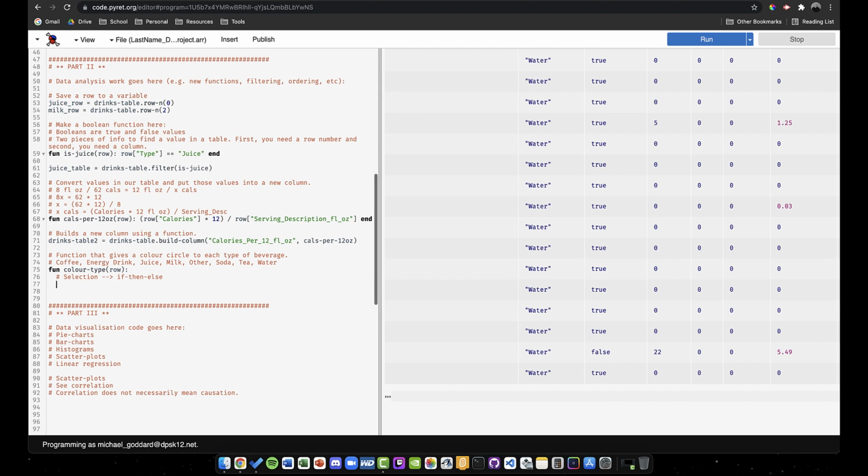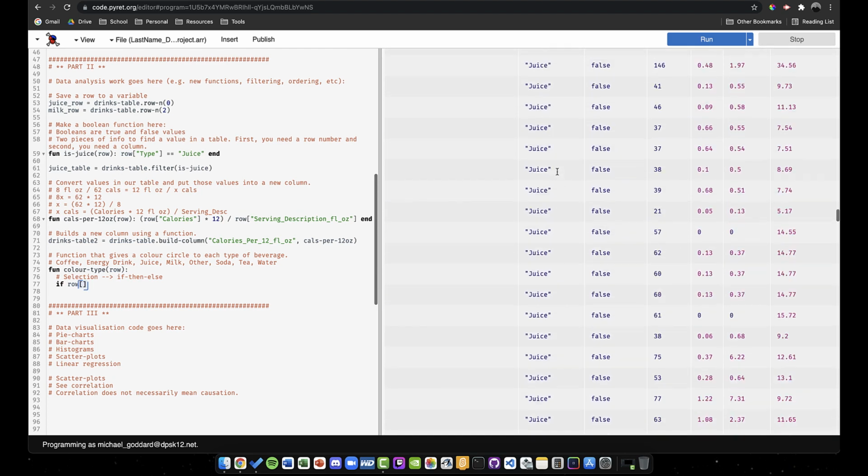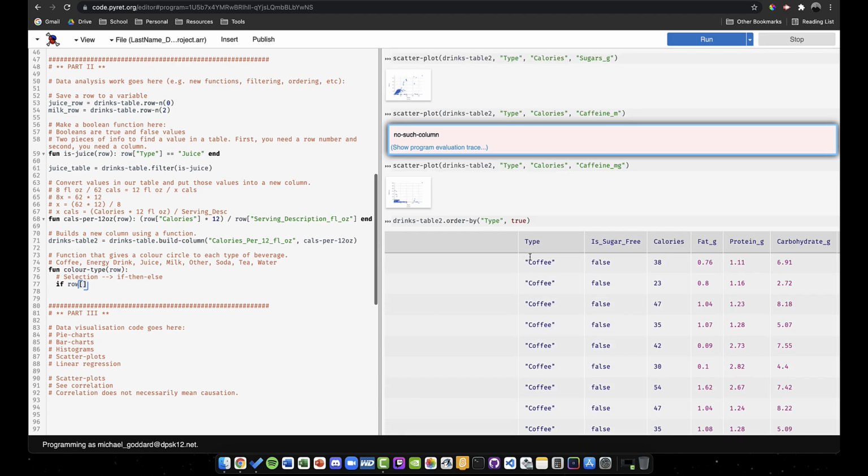And we'll see how this works. But basically, I use the keyword if, and I take my row and my brackets, and I want to look in the type column, because that's what this function is going to do. It's going to give a colored circle to a specific type of beverage. So I'm going to look in a row, at this column type, and say, first off, if that value is equal to